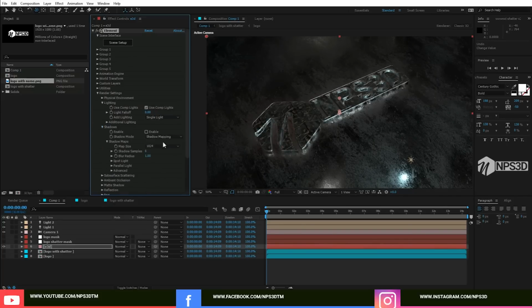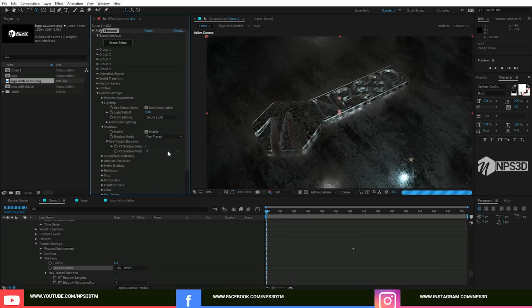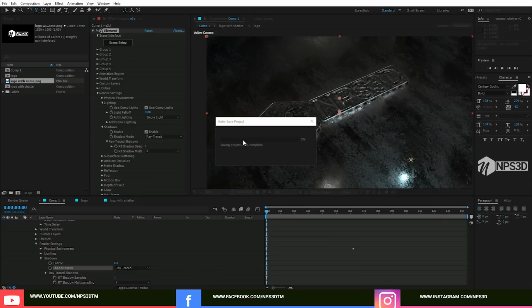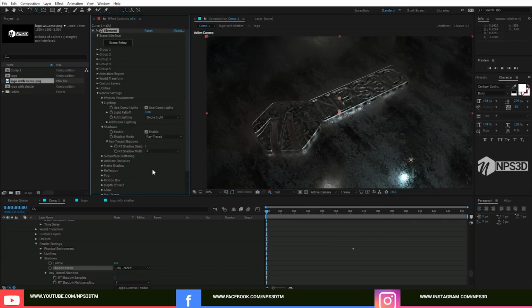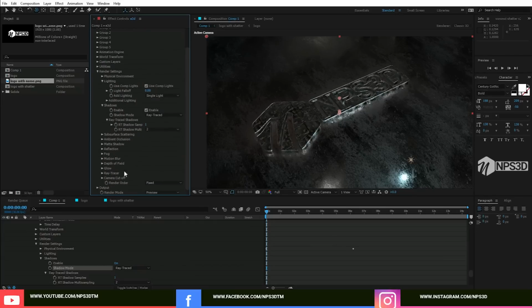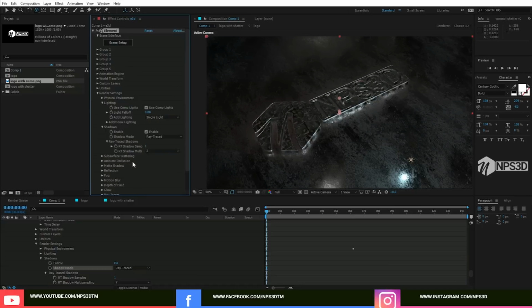And let's create a shadow. So enable shadow, and I'm going to use ray trace shadow. Right, you can see it creating shadow, but it's a little bit low, so we can just increase the darkness a little bit. I will just create more darkness later, right? So go to the